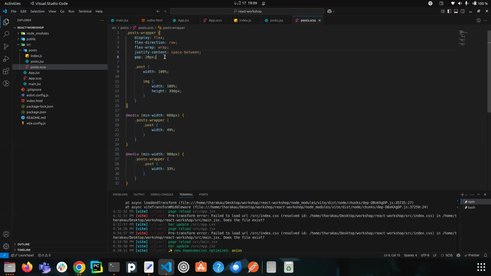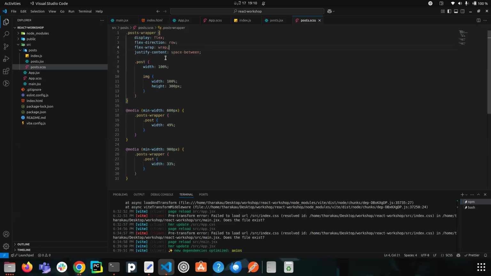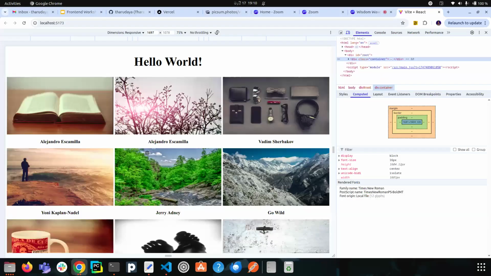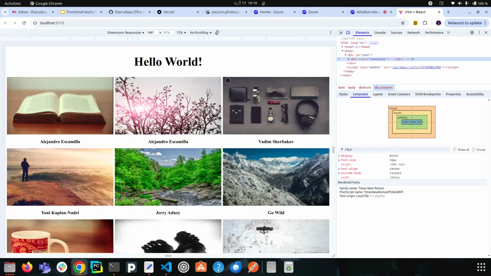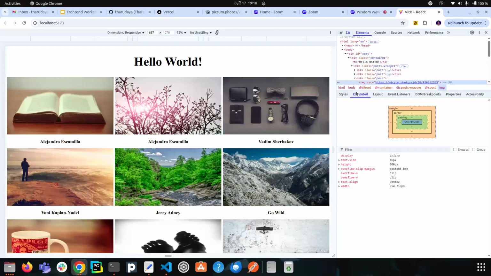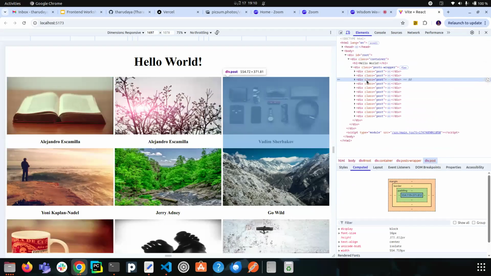But since we have given the width, let's remove it, because we have only 33%, and if we give a gap also, it will take more than that. With justify content we can balance that. We take this, so we have 1, 2, and 3. We have this